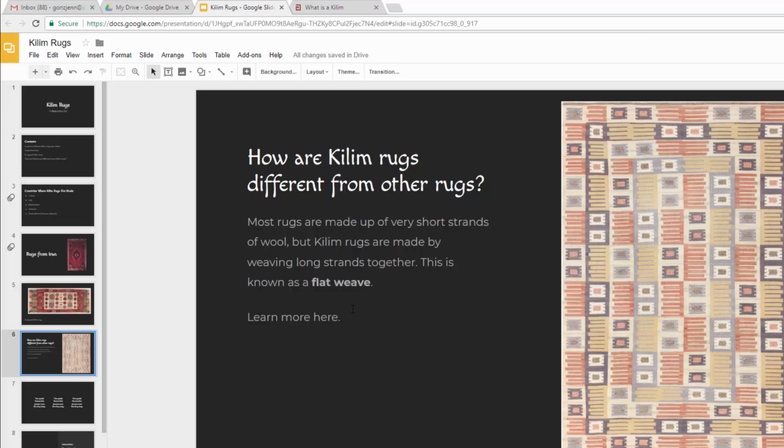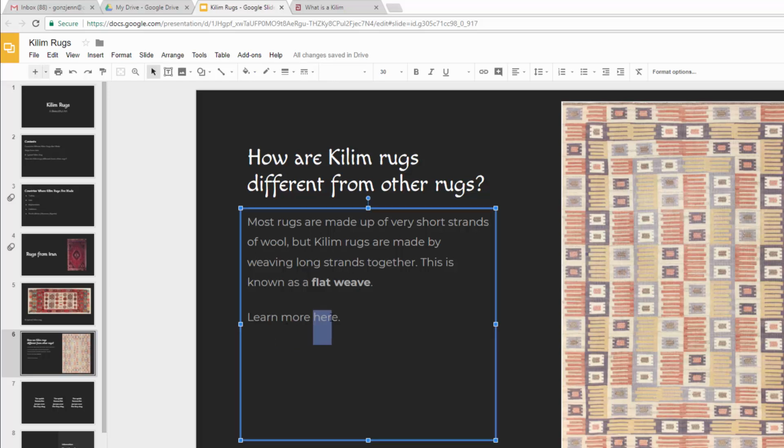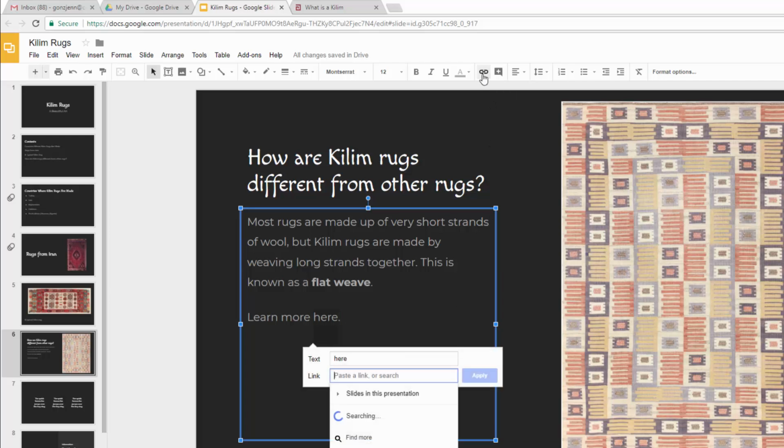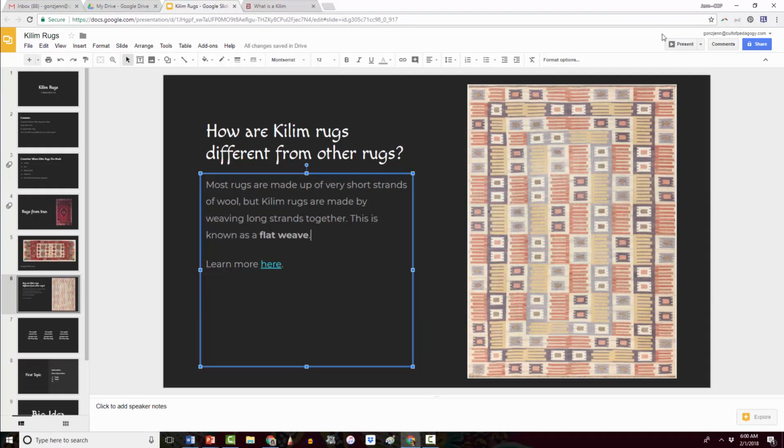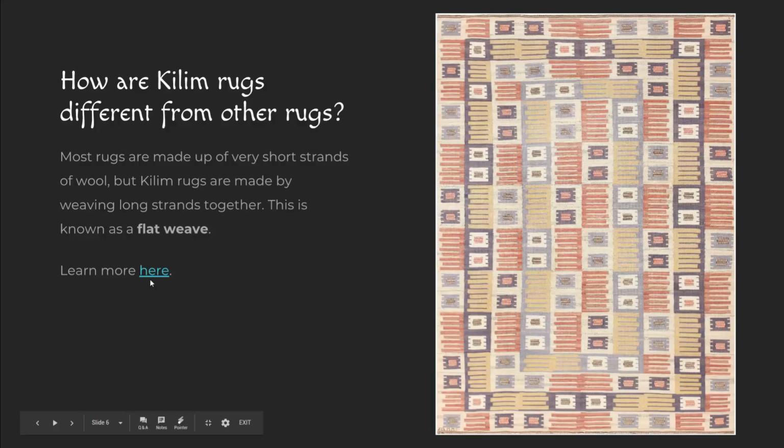I'll go back into my slide, and I've already written out the text here. I've explained something, and then I've written learn more here. So I'm going to highlight the word here. And then I'm going to click this icon, which is the link icon. Then I'm going to paste it right there and click apply. And then if I go into present mode and then I click the word here, it will take me to